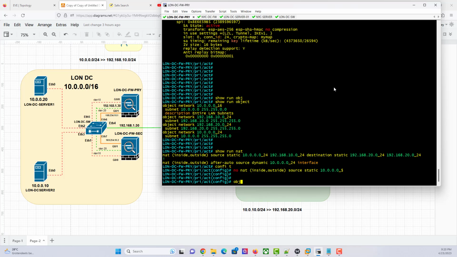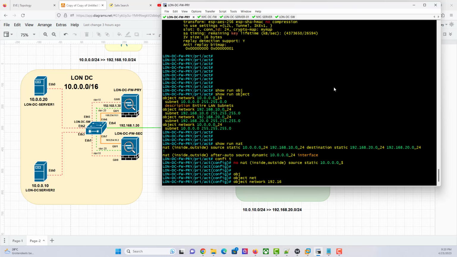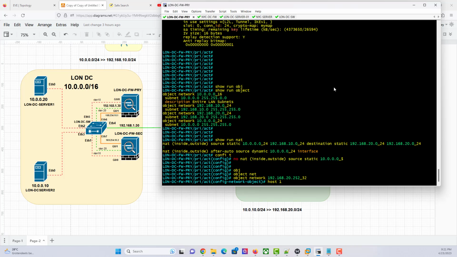So what we can do is I need to create an object network. I'm going to call it 192.168.20. Now we can as well use, we can literally use any IP. It depends on what the mapping is on the remote side. You know the way static NAT is. So if I'm NATing a public IP to a private IP, it depends on what your public IP is, right? So it's your public IP that I'm actually trying to hit, and then it gets translated to the internal IP. So it depends on what they use on the end, but since we are the one configuring both sides, we want to stick with the 252/32. So it's just a single IP in this case. So I'm going to say host is